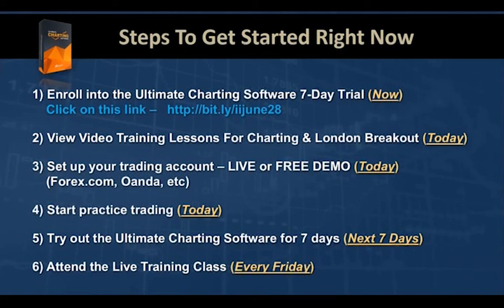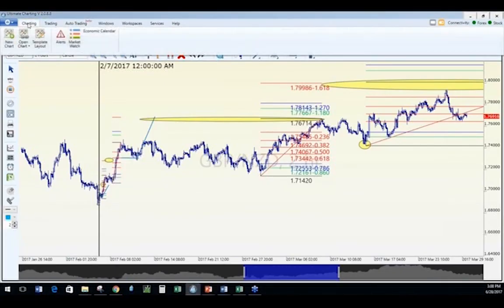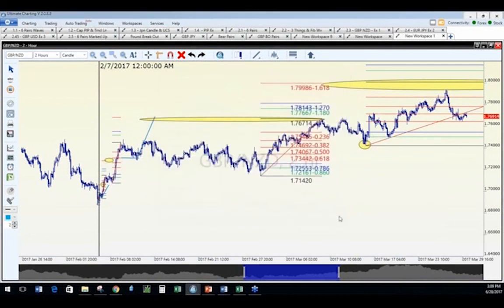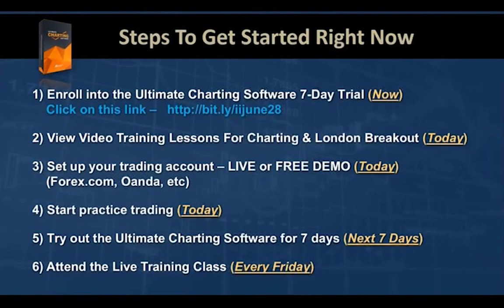Chris has asked, can you get Forex feeds and stock feeds? Yes, you do have the capability. Let me just show you. That's a great question. When you open up the charts, you have Forex mode, you have a stock mode, and you have a favorite mode. So yes, you can use the charting software for the different investments. We have Forex, we have stocks, we have favorites. You can do the different time spans right here. I actually have some templates set up right here. So yes, this charting software can work for different aspects as well. Thank you for asking that question. That was an excellent question. I apologize for not explaining that.